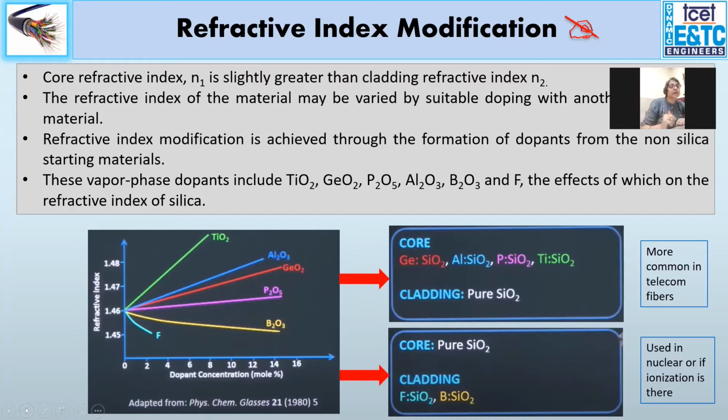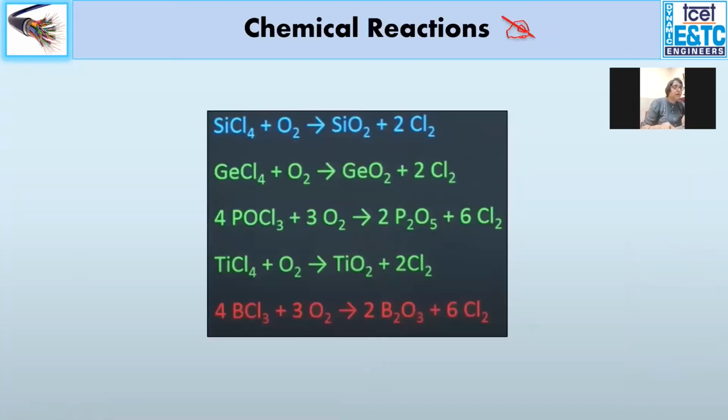As you have seen, the profile for a step index is uniform in the core, but for the graded index, you want your refractive index to change layer by layer. So accordingly, we need to control these dopants so that we get the required doping profile, and that is very important. So you can see here the change in the refractive index with the dopants that are being added, what type of refractive index we get with these dopant concentrations. These are the basic equations that we'll be using for making the preform.